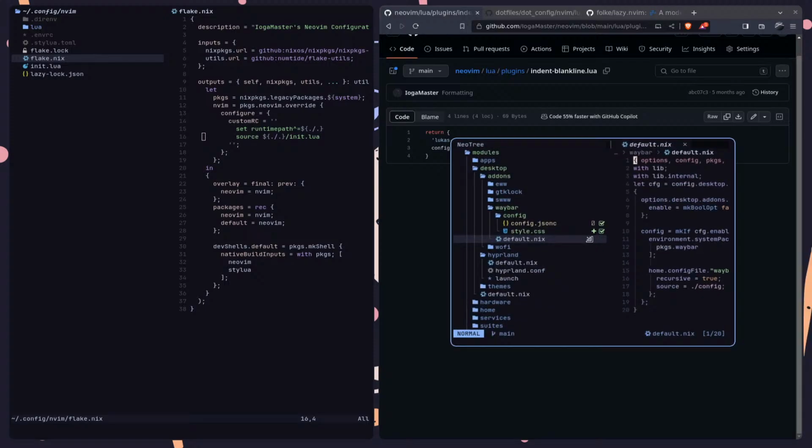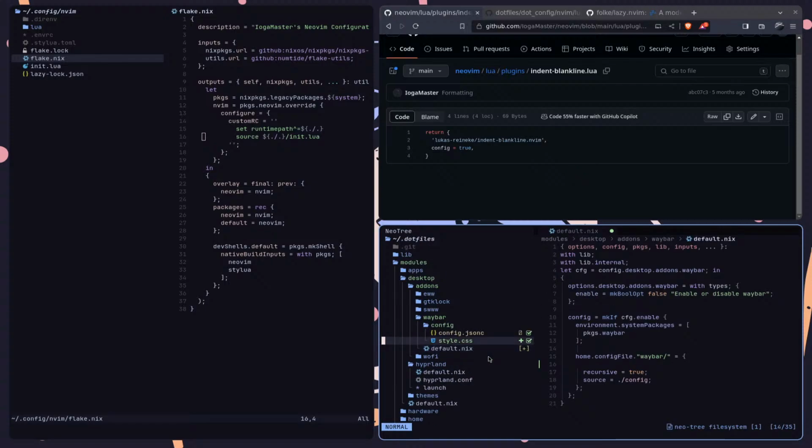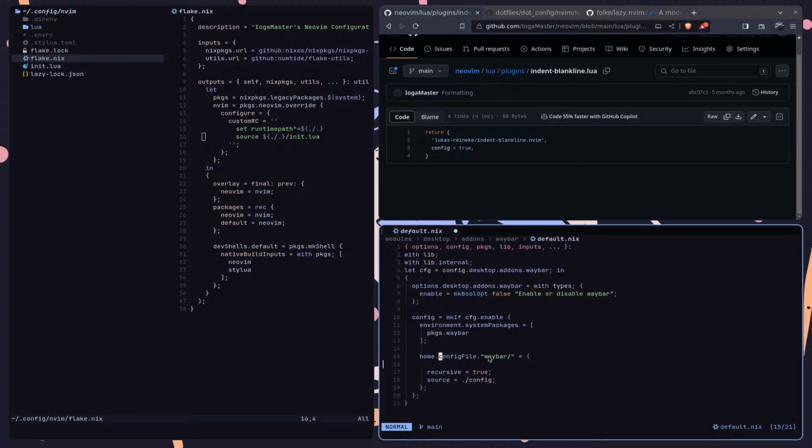Like, here is my waybar config. It's not done, but right here, this is a custom thing, but basically I'm just sourcing the waybar directory, which is the config directory, to .config/waybar, and then I just recurse that so it's everything in there, and then I source it. So,